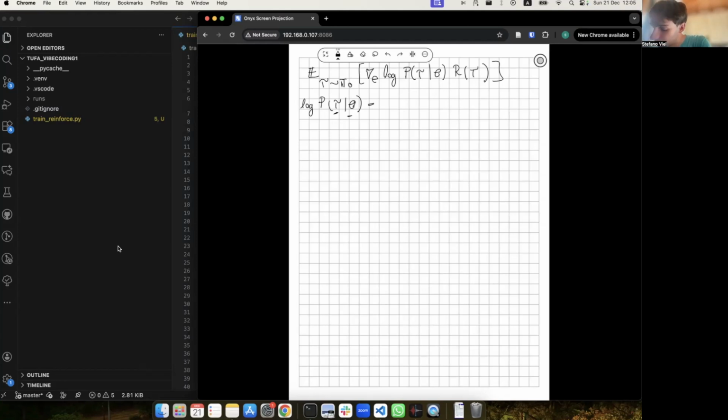There are a bunch of other things. The first one is the probability of our starting state, S0. This is log of the product, from t equals 0 to capital T minus 1, of the probability that our policy assigned to action AT given state ST, multiplied by,